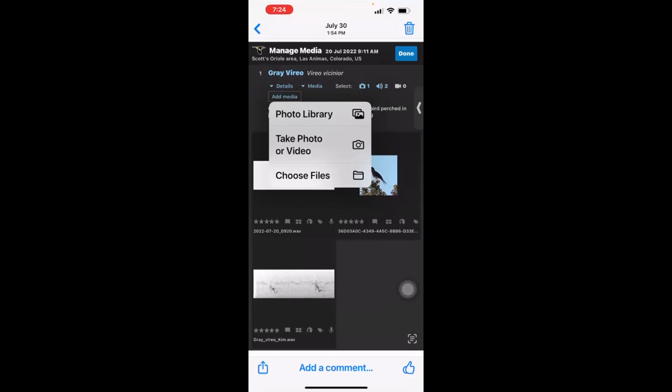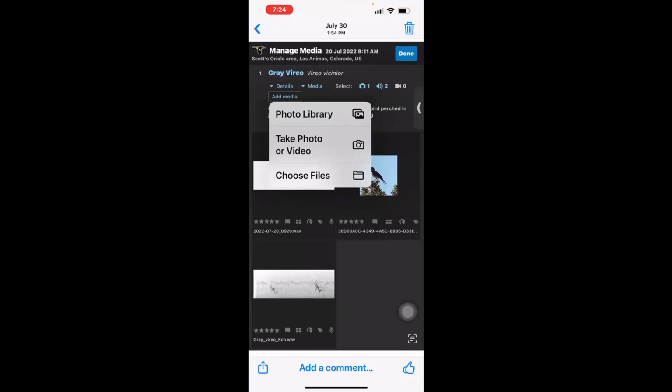And if you've got media to add for them, you just go below that bird, click on the add media button, and then you get this little white dialog box that allows you to upload a photo or choose a file, or either take a photo and a video right there in the field if you wanted, but most times that wouldn't be very good quality off your phone. So we would select choose a file,